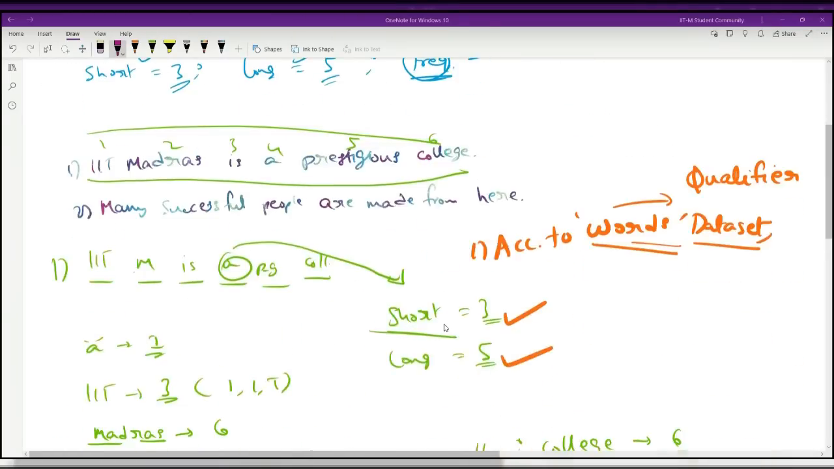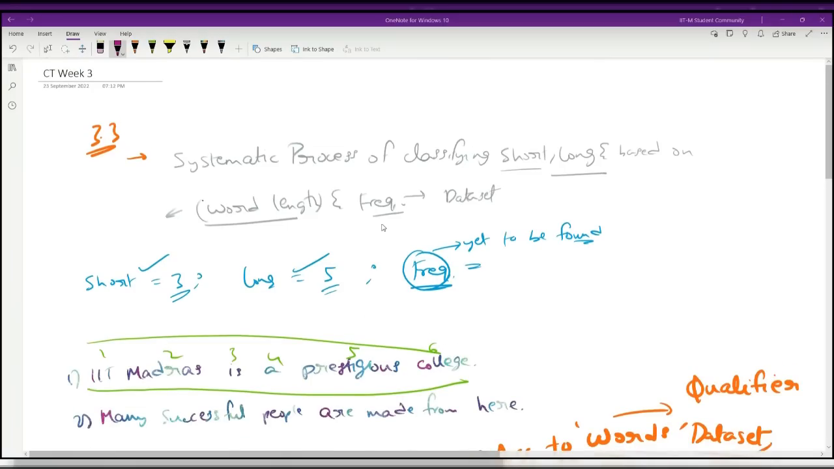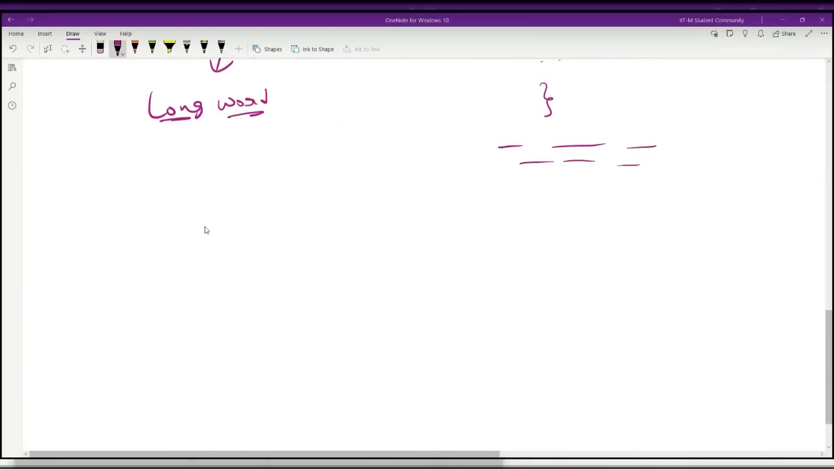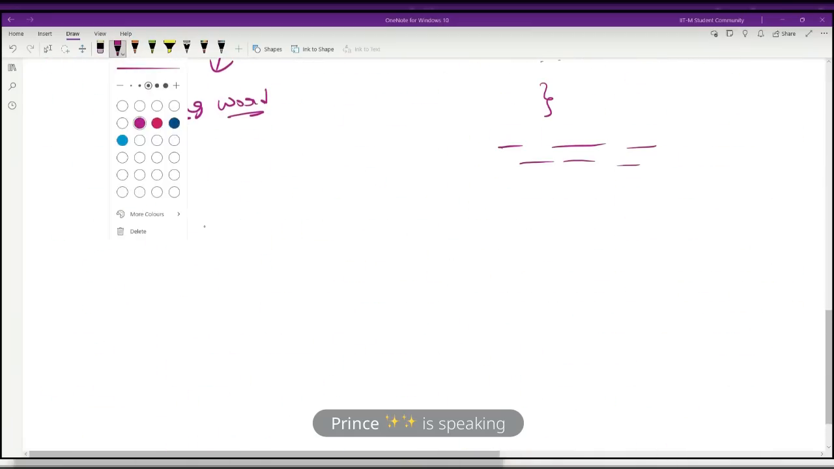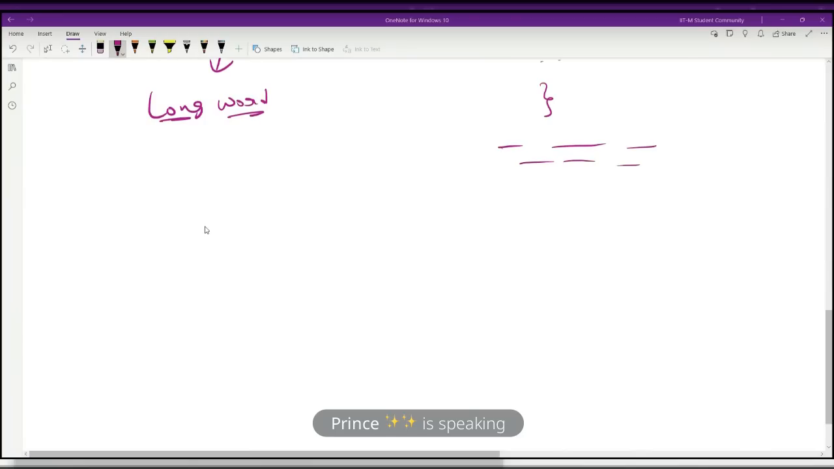Okay, so now we are done with short and long words. And now, how do we classify the word using frequency? What are the possible cases? Can someone just imagine and tell me? Frequency low length short, high frequency long length, low frequency long length, low frequency short length. Depending upon frequency,